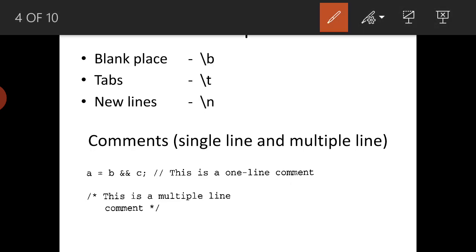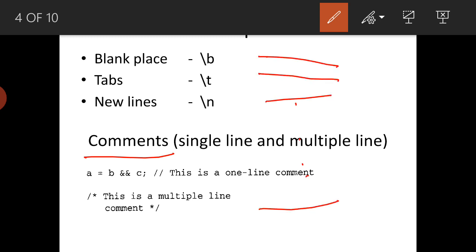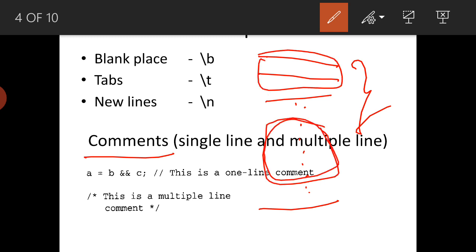The next one, the comments. Comments are very important. Comments are used for understanding the code or debugging the code. If you write the code continuously without any comments, another person cannot understand where it starts, where it ends, and what a particular block will do, what the first two lines will do, what the second lines will do, until they know thoroughly what each instruction does.